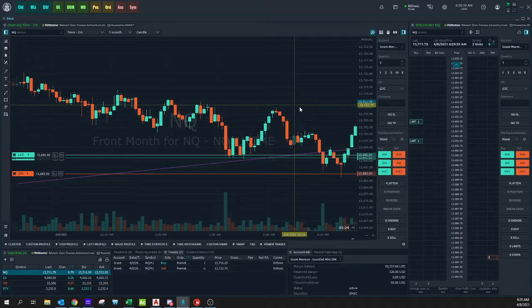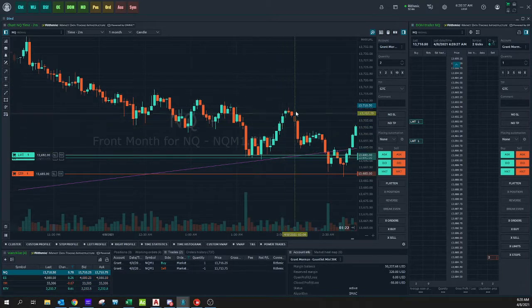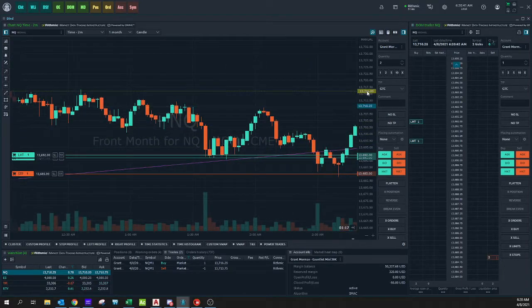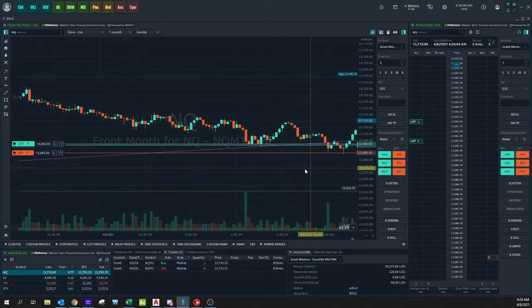I've noticed that actually works pretty well on NQ, because when you have these little run-ups, that one's actually not too big, but that worked pretty well too. But for the purpose of this challenge,